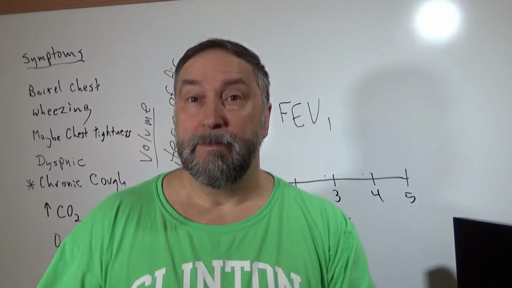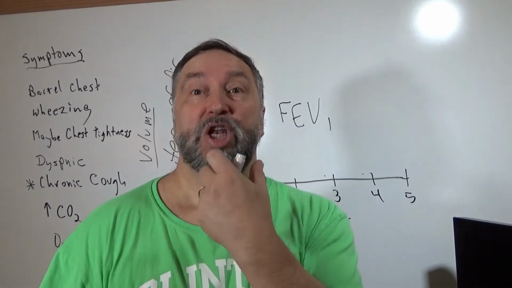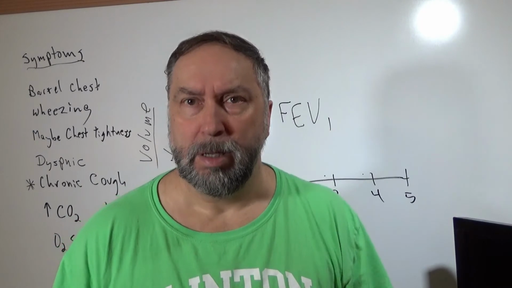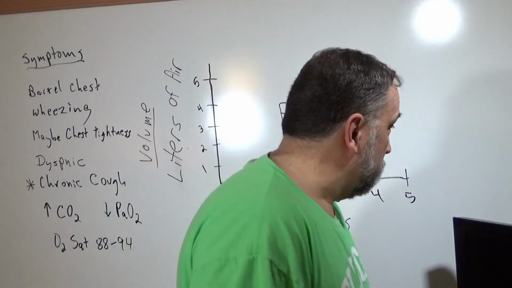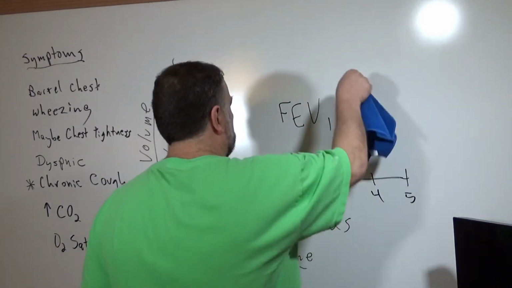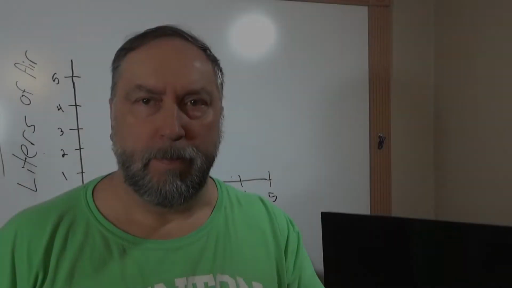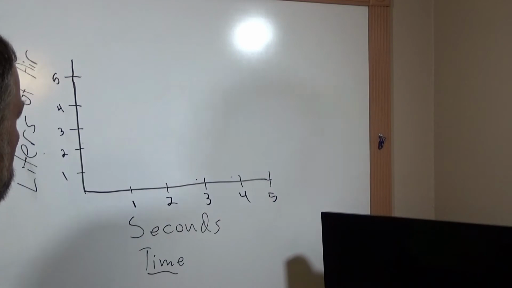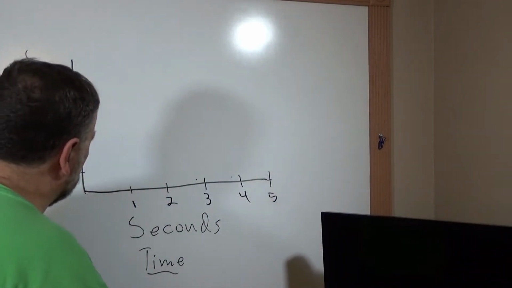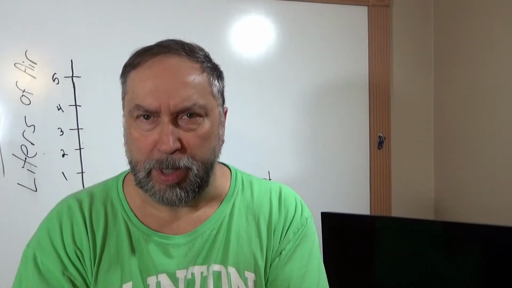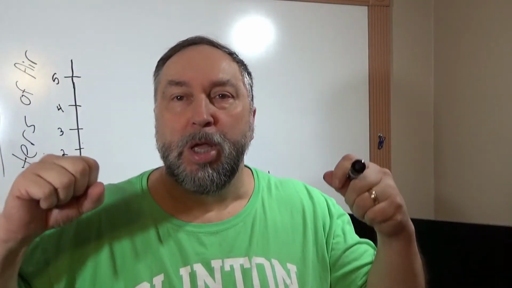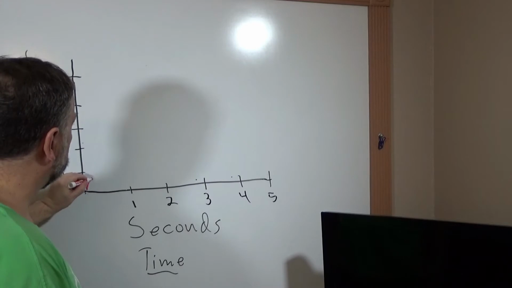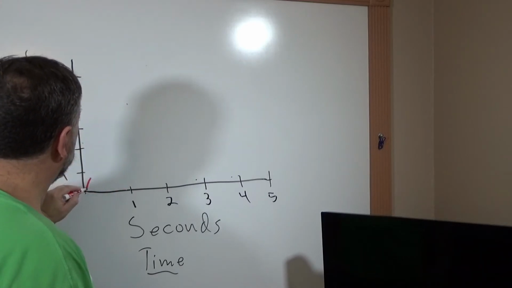The other value we're going to look at is the forced vital capacity. So that's the entire amount that you can push out, right? Over however many seconds, usually like 3 or 4 seconds, or 4 or 5 seconds, I don't know. So I'm going to use this little table here to show how these values work. So you take a person, you have them blow out into this machine. I don't really know how the machine works, but they blow into it. And so as this person starts that forced exhalation, as hard as he can go,